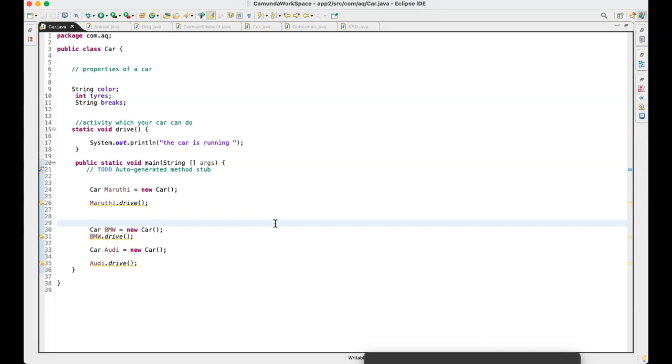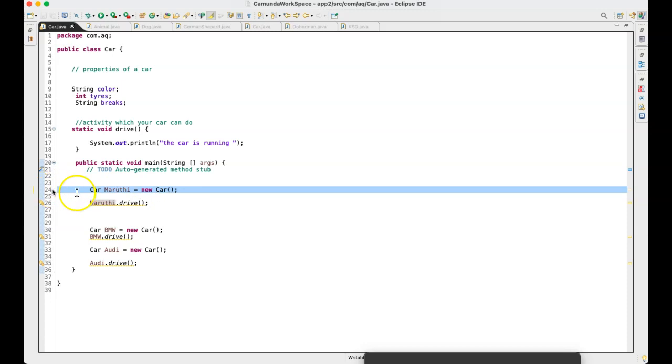All we need to know is how to declare a new object. For example, here, car Maruti, I was able to create just by using this new keyword. This new will help you create a new car without literally doing it, because this is happening at a software level. You're not physically able to see it, but it is built on the same concept. Do we agree?